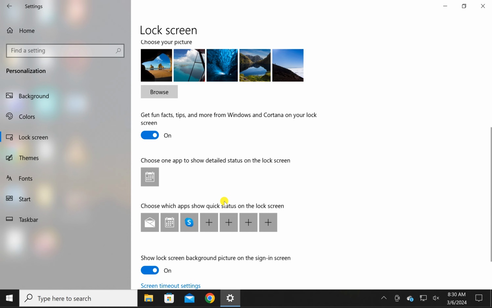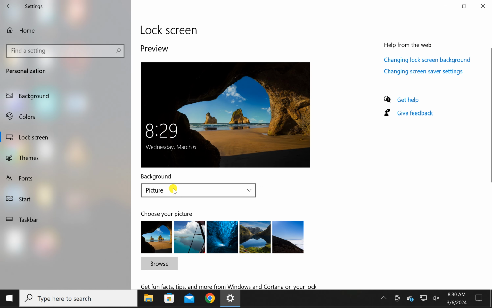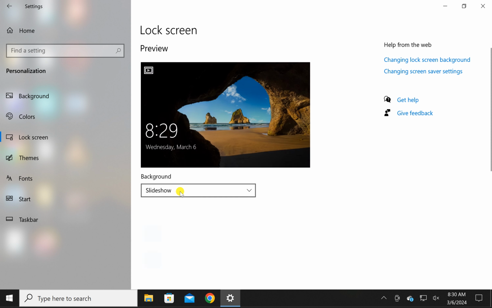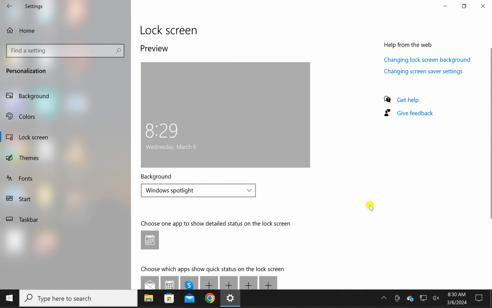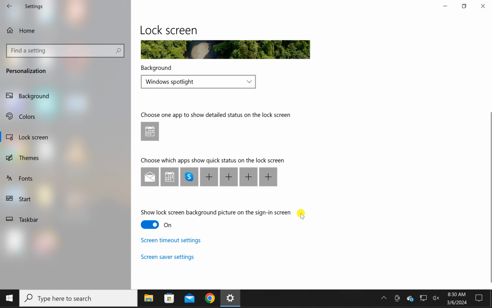And in case you have selected any option such as Windows Spotlight and you want the same image to appear as the sign in screen on your Windows 10 PC, you can turn on this toggle switch that says show lock screen background picture on the